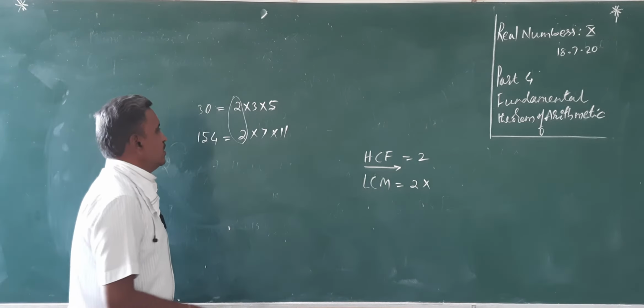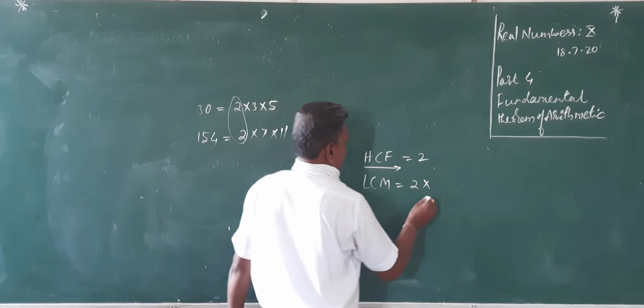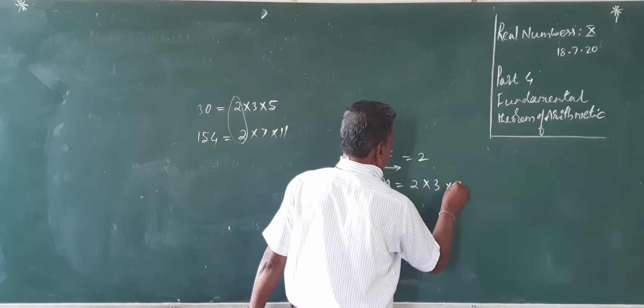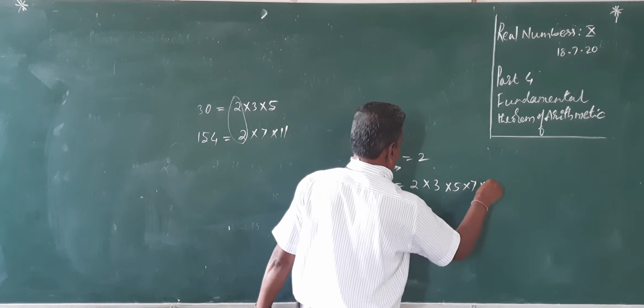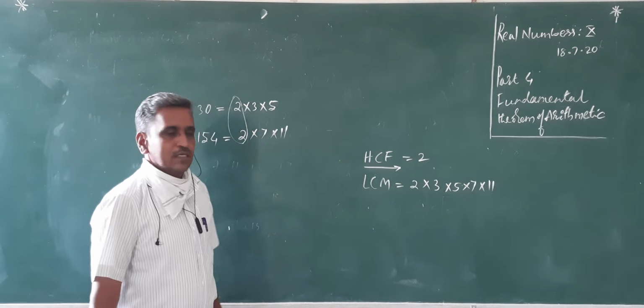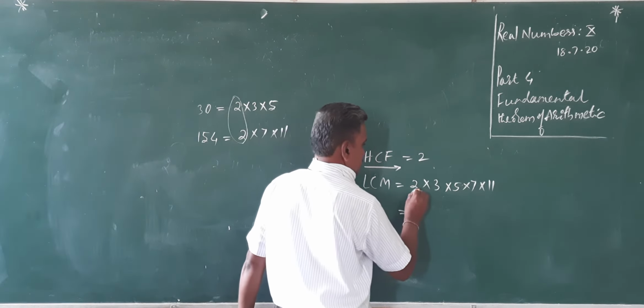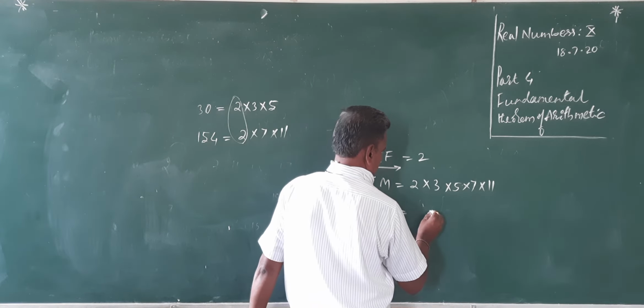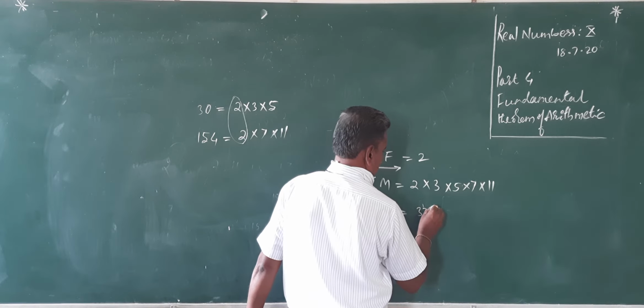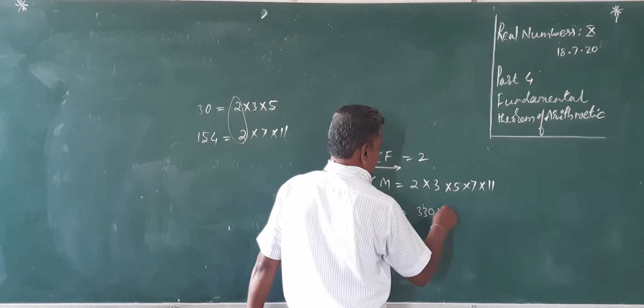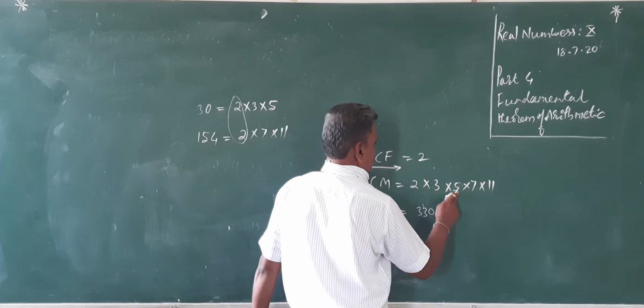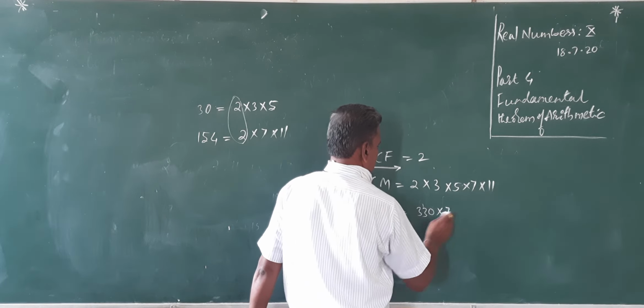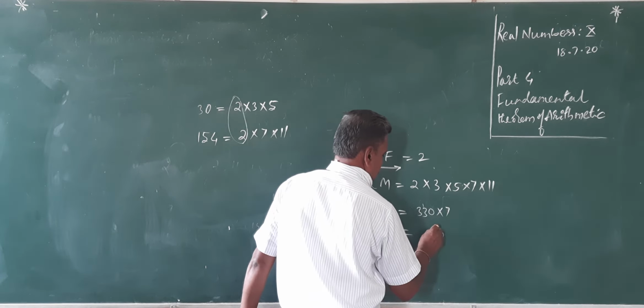Is it? So that is equal to 2 into 3 into 5 into 7 into 11. This is LCM equal to